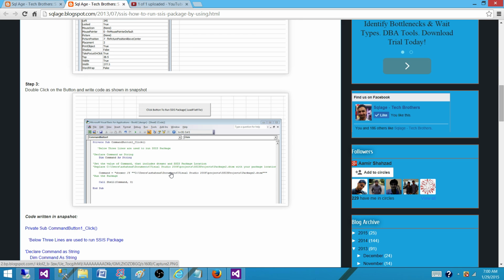I'm not really sure if a lot of people are using it, but there could be scenarios where your business users need to run it and they are not experts on passing the connection manager values and variable values, and you can use the Excel macros. That's how they can open Excel and just click the button to run the package that will load some files from their local directories to maybe the SQL Server staging tables or